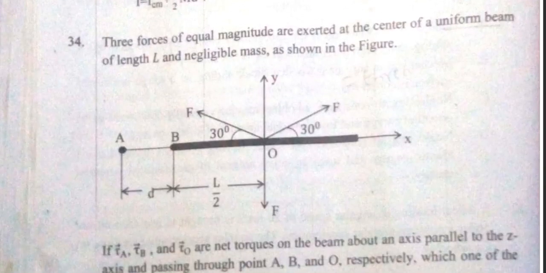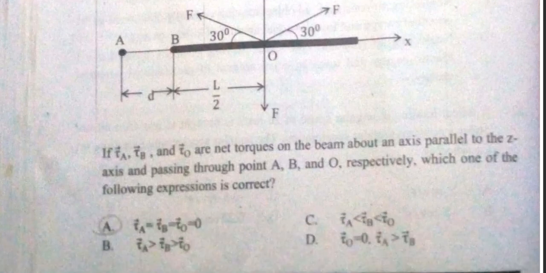Okay, question 34. Three forces equal magnitude. Mind you, F1 is equals to F2 is F3, let's say F ማለት እንችላለን። Uniform beam of length L and negligible mass as shown this. አሁን ይሄኛው አንደኛው ፎርስ አለ። አንደኛው ፎርስ let's say ይሄ አንደኛው ፎርስ እዚህ ጋር ቢሆን let's say F1, this is let's say F2 and F3. አሁን የተፈለገው ቶርኪው የትኛው ጋር ነው ከፍ የምለው ነው። እሱን ደግሞ ሰርተን እናየዋለን።